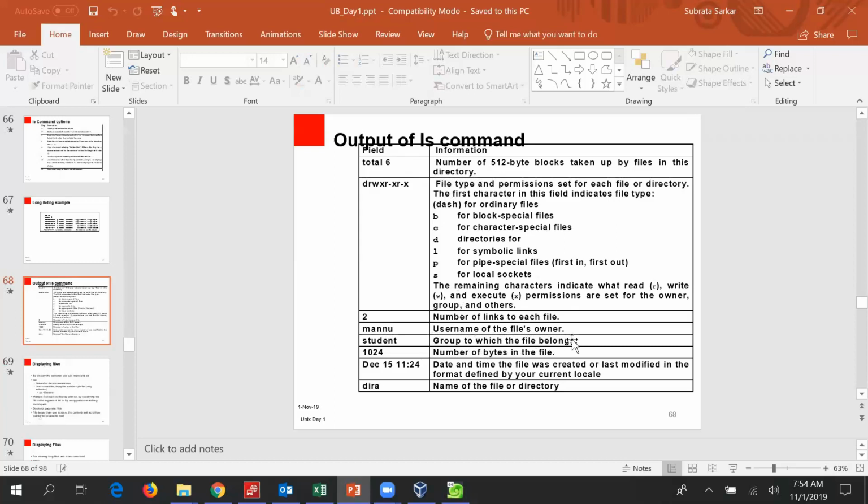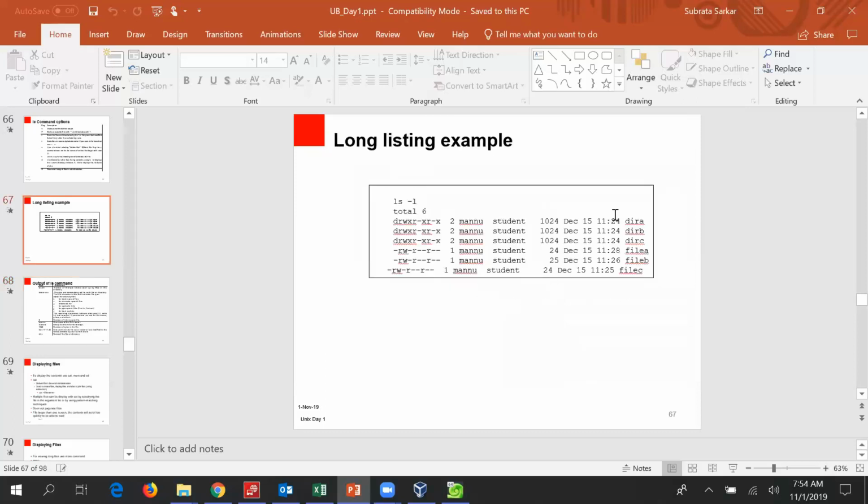Student is the group to which the files belong. 1024 is the number of bytes in the file. This is the date the file was created or last modified, in the format defined by the current locale. Dira is the name of the file or directory. So if you go here, dira is the name of the file or directory, and this is the file permission.